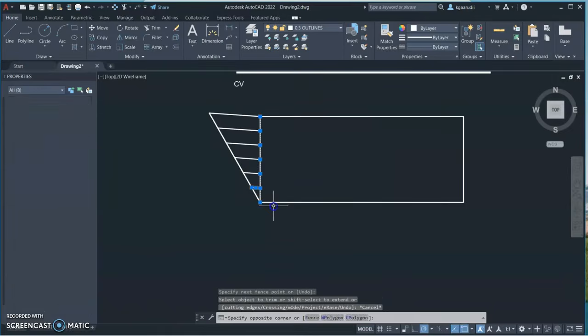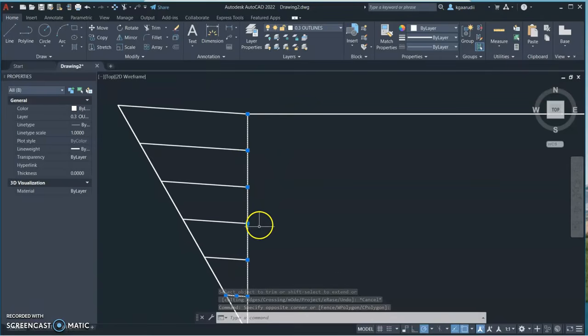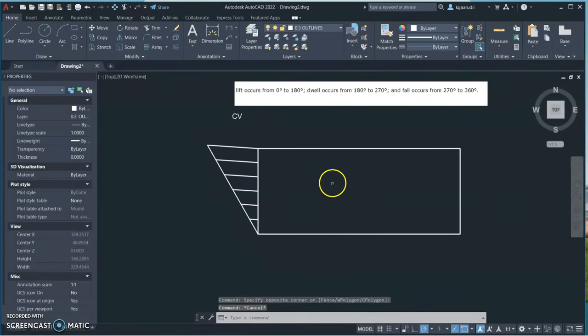So if I highlight the divisions that I made here before, you can see that they go straight to those divisions. So in this way, we are able to get 6 equal, accurately spaced divisions. And then from there, we are going to draw